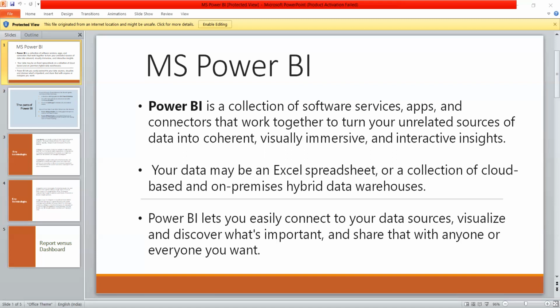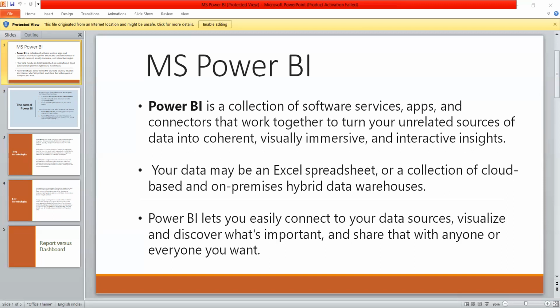Apart from this, there are also two other tools like Power BI Report Builder, which is used to create paginated reports, and we could share them in Power BI service. Also, we have Power BI Report Server, an on-premises report server, where we can publish Power BI reports after creating them in Power BI Desktop. So these two topics, we wouldn't be touching right now.